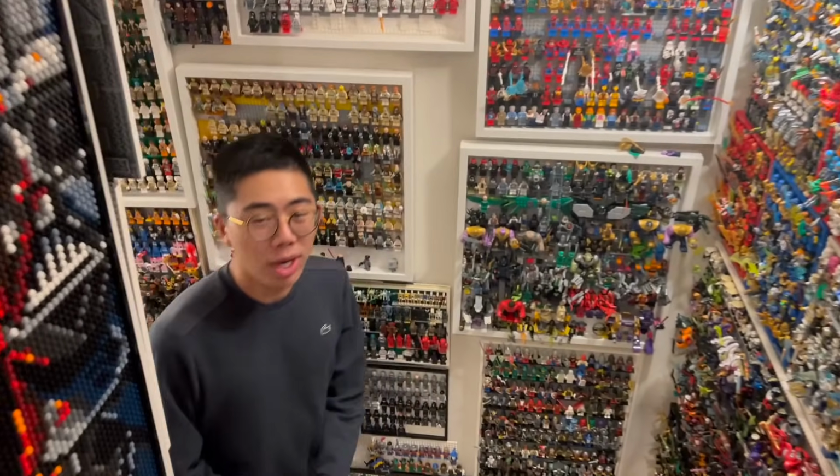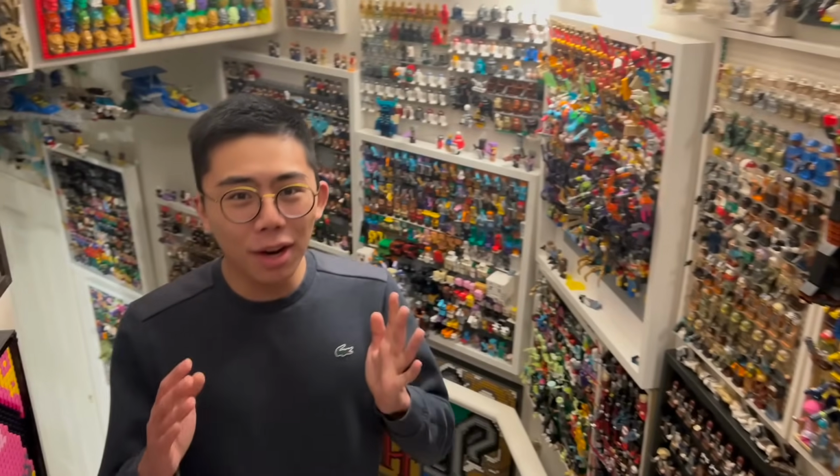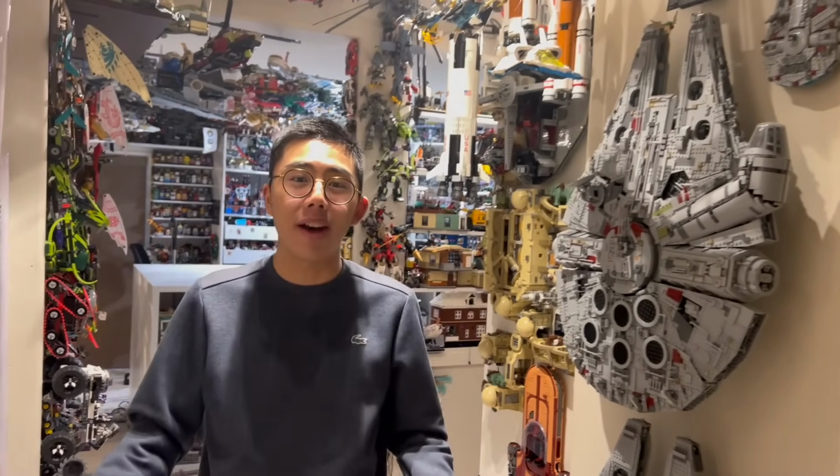I'm Chris, and I recently got the chance to visit Atlanta, Georgia, and of course, I had to go visit the legendary Altanta Brick Co., which is one of, if not the largest, used LEGO store in the entire US. It may be the largest one in the world, and my experience was absolutely amazing. This was my first time there because I haven't really gotten the chance to go to Atlanta that often. I was just there for work, so I was able to pop by, but this was such a cool